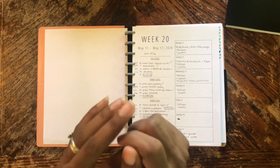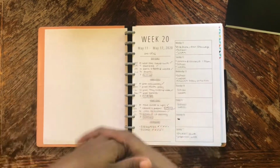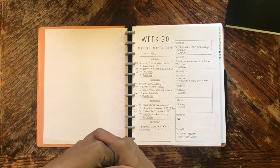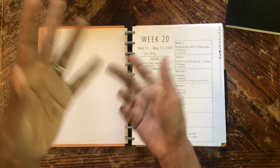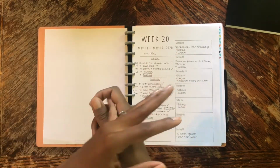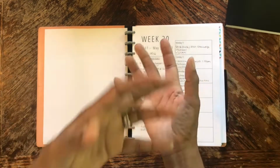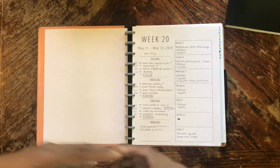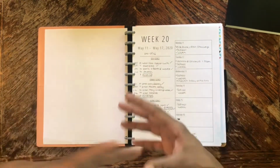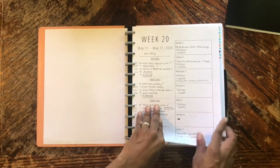As moms, I don't know if anybody else is like this, but I feel like I have to rush through everything. So me actually taking the time to use a moisturizer or face cleanser that I actually like versus just soap. Right now I'm just using soap, but I want to get into the habit of using ones I like, moisturizing with a moisturizer that I like versus what I have on hand. I'm really trying to get into actually taking care of myself. So a lot of these, that's what that's for. But anyway,